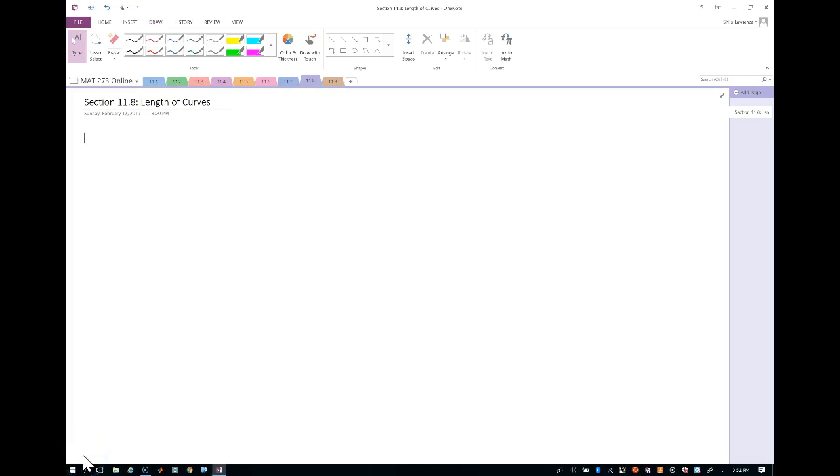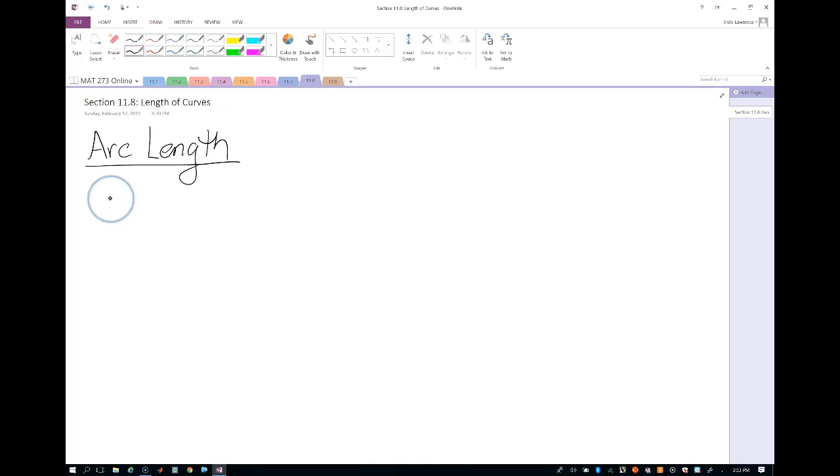In this section, we're going to talk about how to calculate the length of the curves that we're getting here from these vector valued functions, and that is also called arc length. You may remember that we did arc length back in Calculus 2. The difference now is our curve is not represented by a rectangular function with x and y. It's actually represented by a vector valued function, and it could have three components. So this could be a three-dimensional curve, but the formula we're going to use to find this arc length is